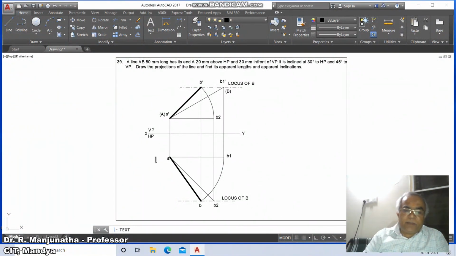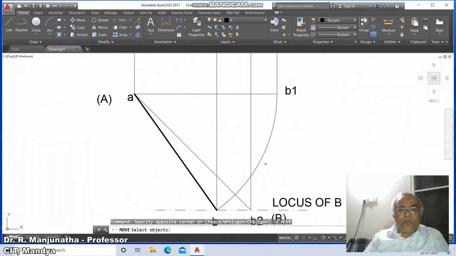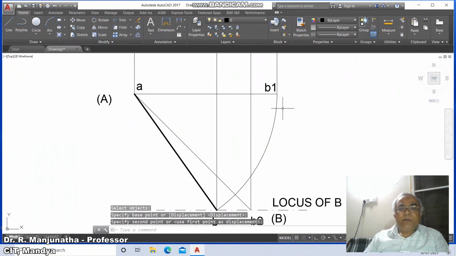Here you type capital A and here you type capital B. Then go to zoom window, then move, select this, move it appropriately, and here take B1.